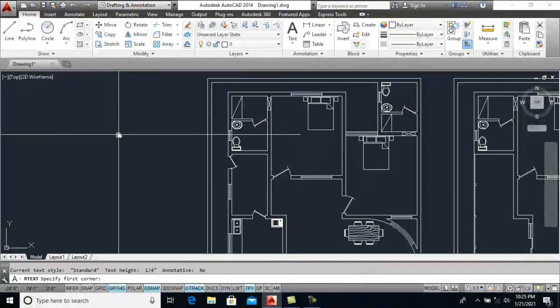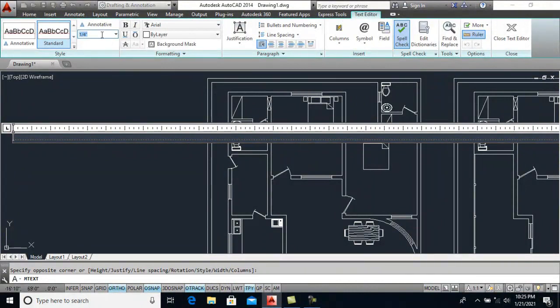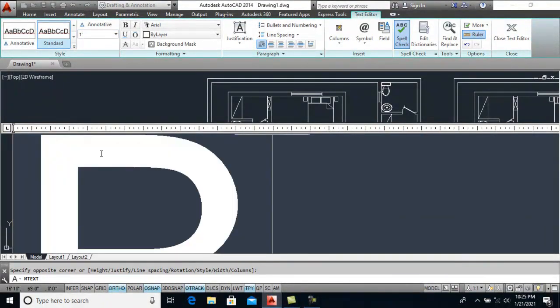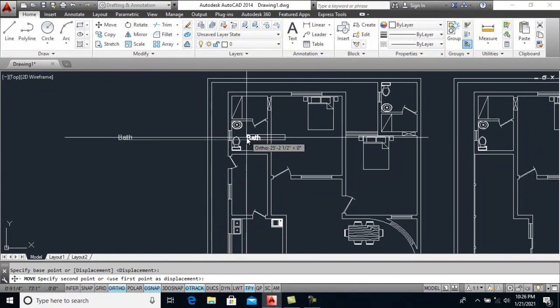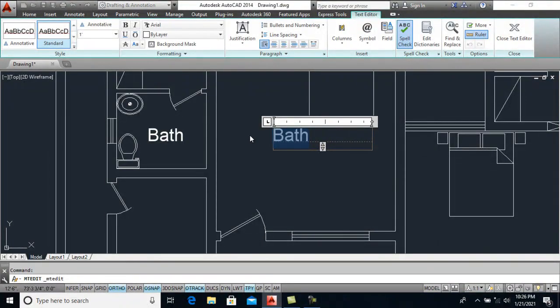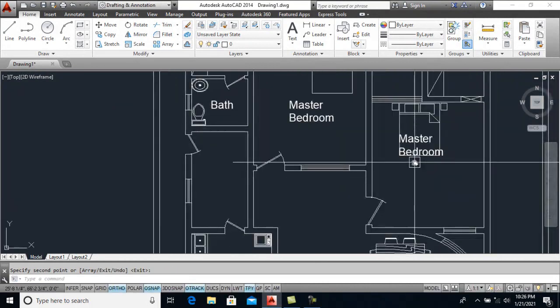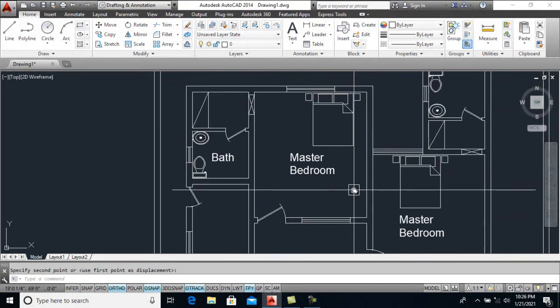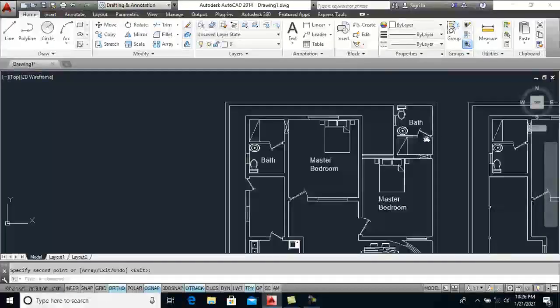Text, one feet, bath, move it here, and then copy, master bedroom, copy it, move it here, take a copy, like this, and take copy,